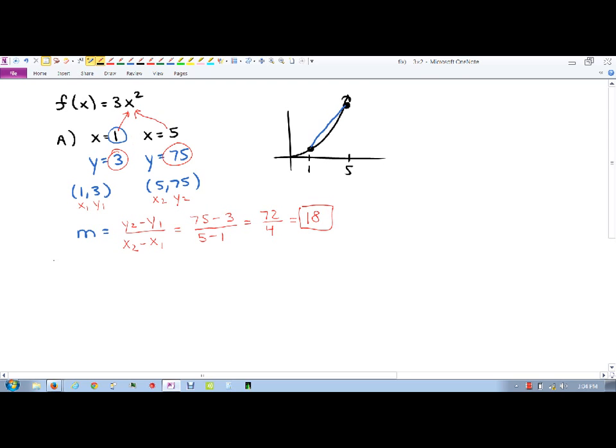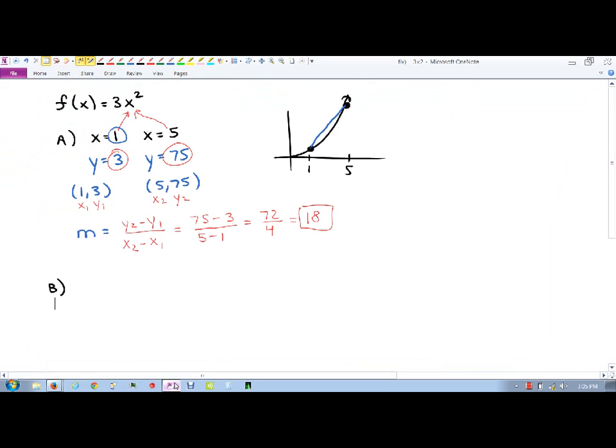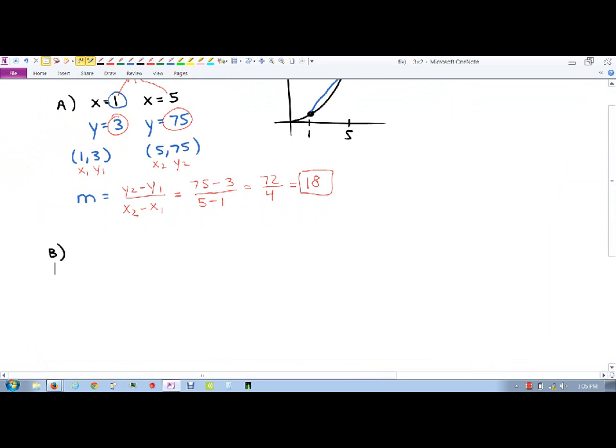Now for part B, we want to find the slope of the secant line through (1, f of 1) and then the point (1 plus h, f of 1 plus h). This is where things start getting a little tricky. So instead of giving you 2 points like this, we give you one point and then a general point. So the first point is (1, f of 1), and then the second point is (1 plus h, f